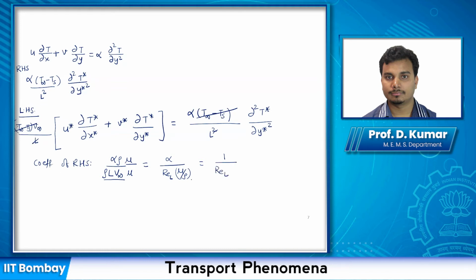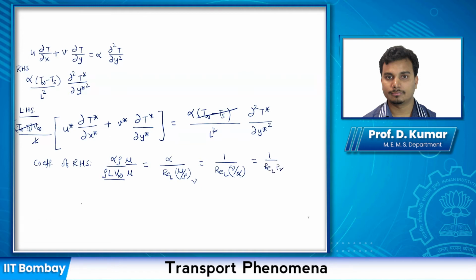We know that mu by rho is your momentum diffusivity. So that's mu by alpha. This mu by alpha just depends on the thermophysical property of the fluid. So nu by alpha is the ratio of momentum diffusivity to thermal diffusivity, and this is known as the Prandtl number. So you can write this as 1 by Re_L